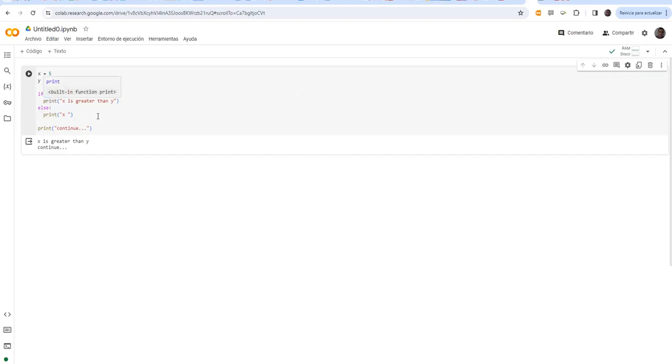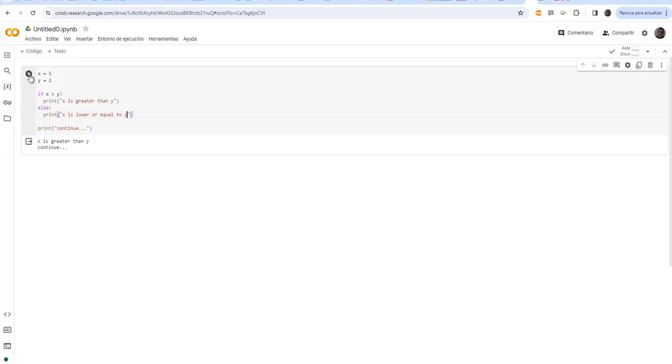If the condition is satisfied, this block of code is executed. Otherwise, this block of code is executed, and then of course in both cases this block of code is executed. So if this condition is not satisfied, it is because x is lower or equal to